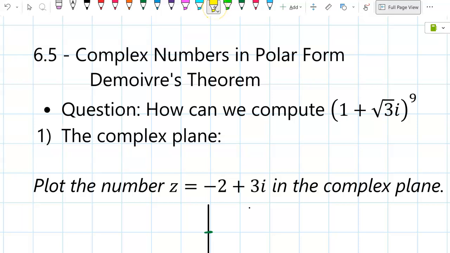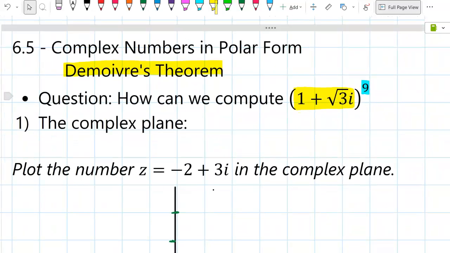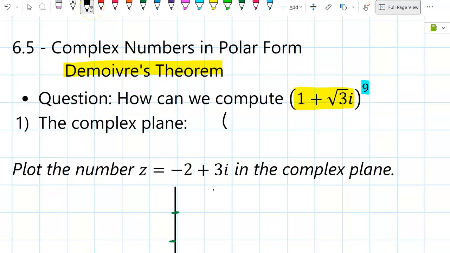Today we're going to look at complex numbers in polar form and something cool called de Moivre's theorem. This theorem is all about answering the question, how can we compute a power of a complex number like 1 plus the square root of 3i? Now, we could do this right now by writing out 1 plus root 3i times 1 plus root 3i, etc., 9 times and distributing all of those out, and it would take us all day and we would finally get an answer. And there is an easier way, thankfully, but we need to learn a little bit more about the